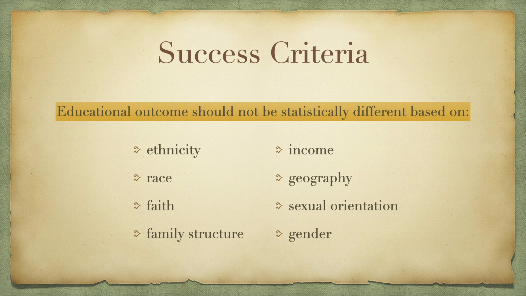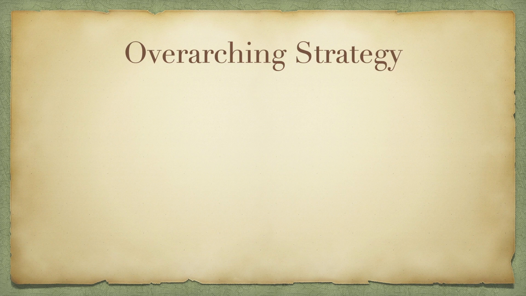A program is considered successful at achieving the goal of culturally responsive pedagogy when the education outcome of a student is no longer statistically tied to demographic or socioeconomic factors such as ethnicity, gender, income, etc. In short, culturally responsive pedagogy demands that the educational system be a key mechanism by which inequities in our society can be eliminated. Meeting this demand is not easy, but there are four key components that frame the overall strategies